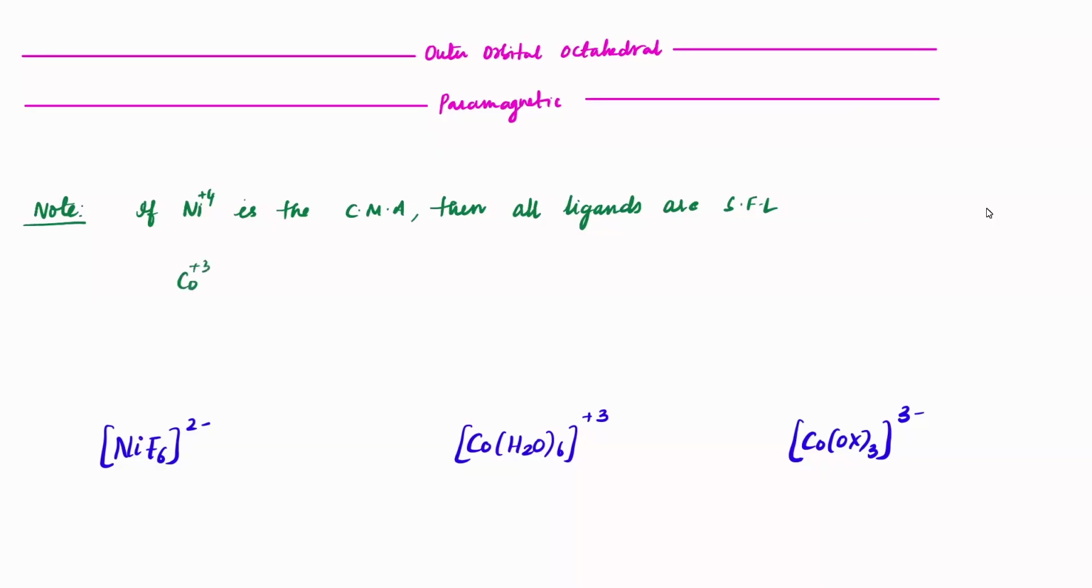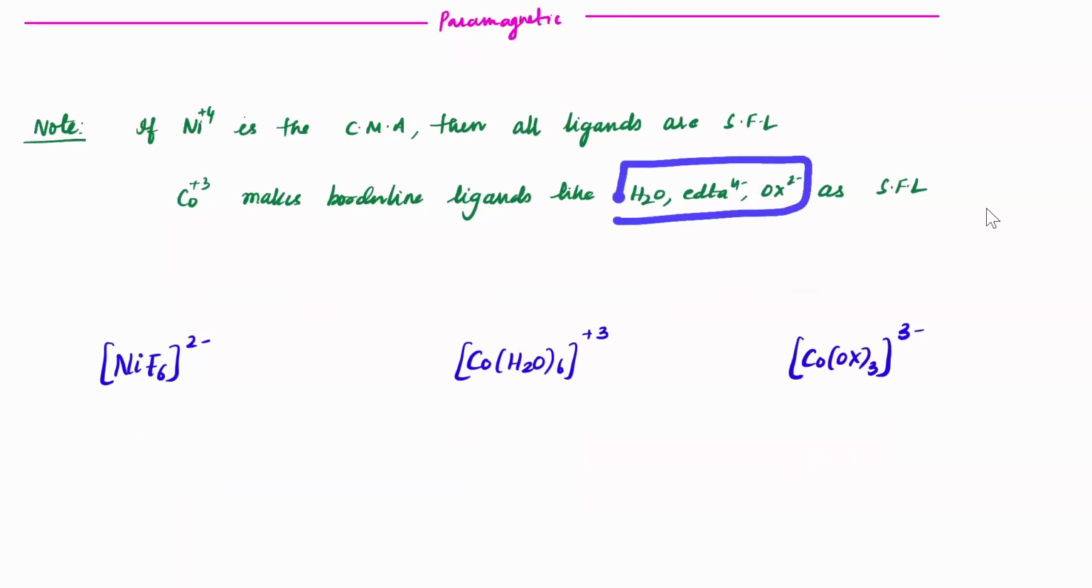Similarly, cobalt plus 3 makes borderline ligands like H2O, EDTA 4 minus, oxalate 2 minus, strong field ligands, correct? These are generally weak fields, but when you connect them with cobalt plus 3, they will automatically become strong field. Other than that, any 4D, 5D,